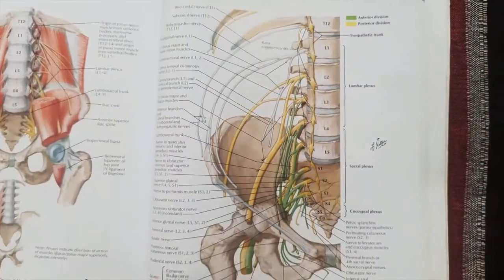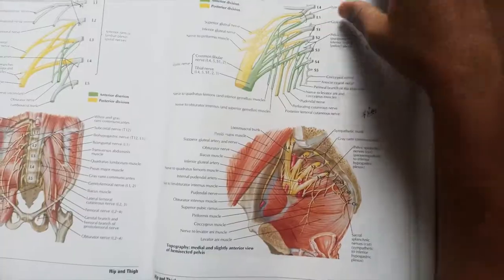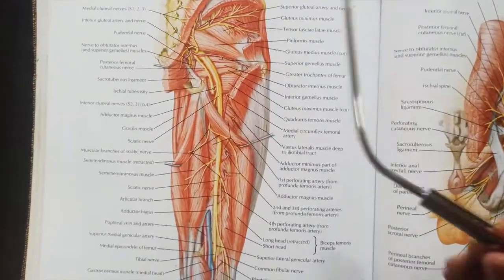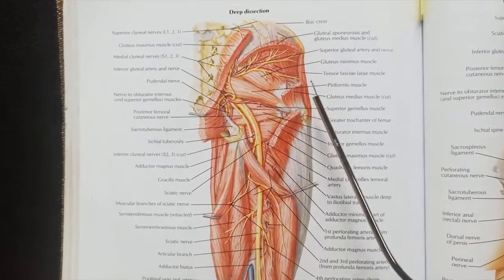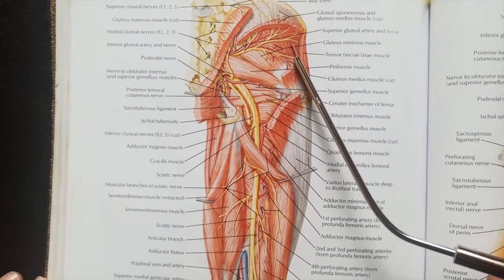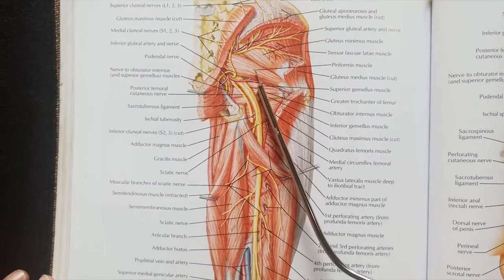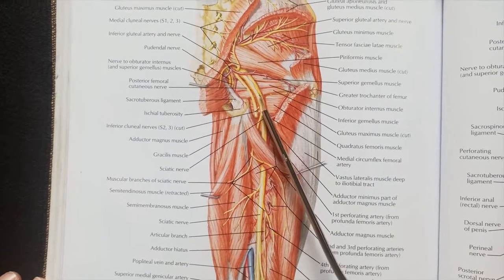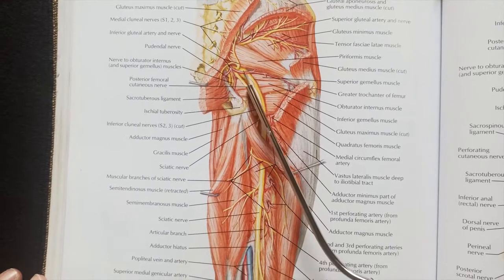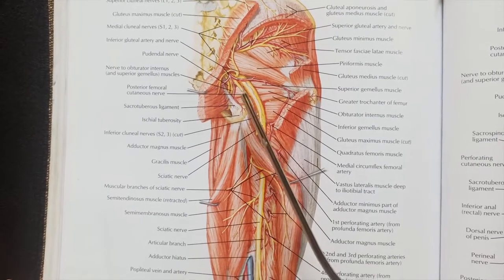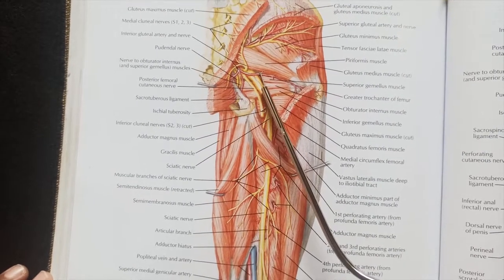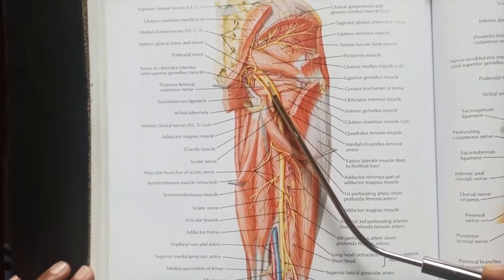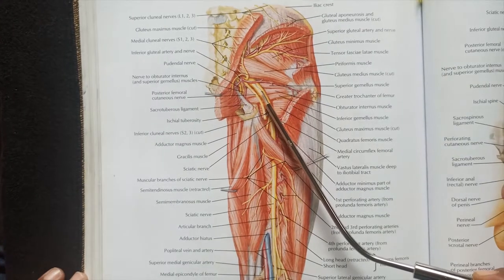We can go to one more diagram. Here it is a more elaborate view. Gluteus maximus is cut, gluteus medius, below it gluteus minimus. Here is the piriformis muscle, key structure. The sciatic nerve takes a gentle curve like a thin waterfall, a yellow structure which is coming below, just along the inferior border of piriformis muscle.